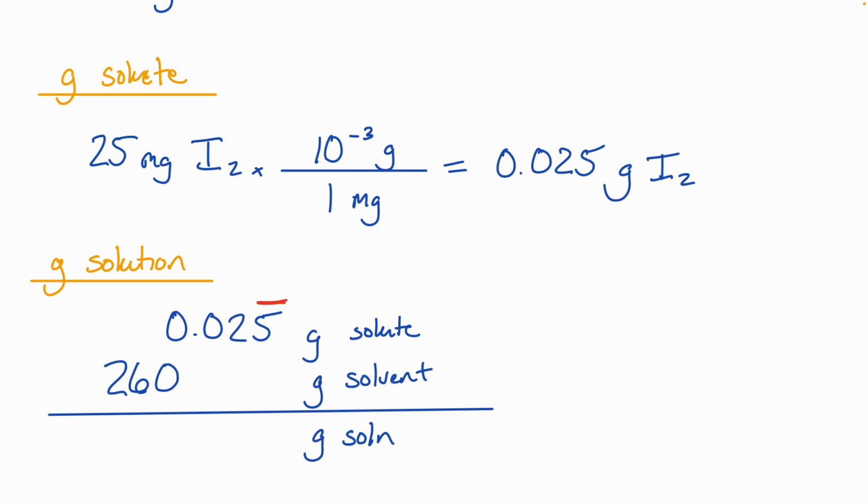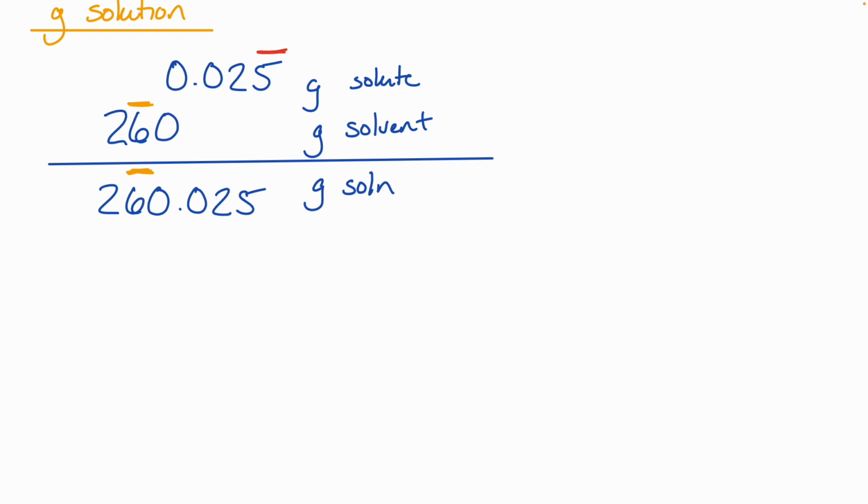And where's the last sig fig in 260? That's 6. So where is my answer going to be rounded to? The tens place or the thousandths place? The one that's further to the left. Boom. So when I do my math, 260.025 still only has 2 sig figs associated with it. Now am I going to round it when I go to do my next step? No, I'm still going to keep this whole number so that we can be good with our rounding error. Honestly, in this case, it's very far away. Probably wouldn't make a huge difference, but for the sake of being good,